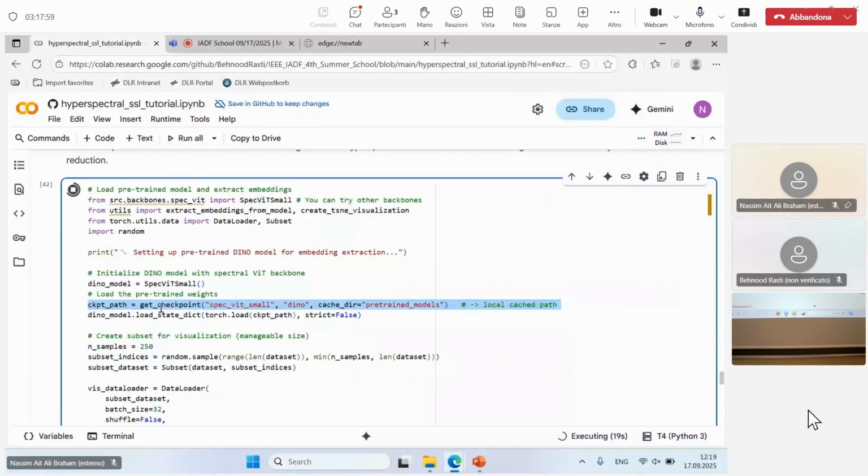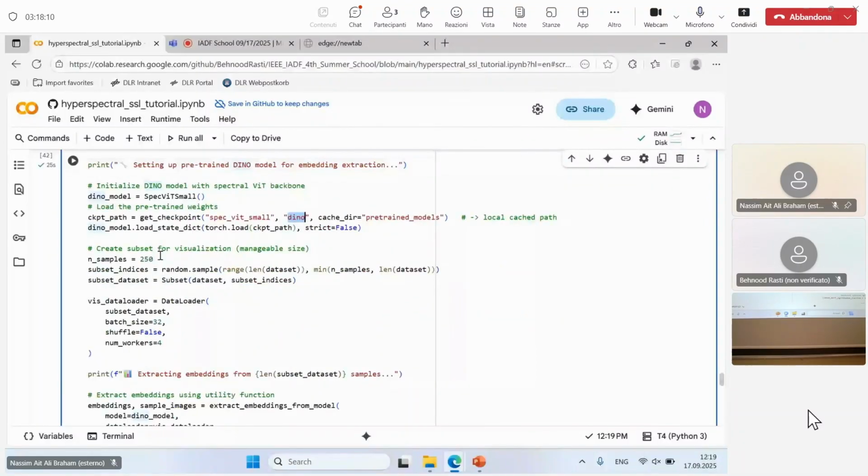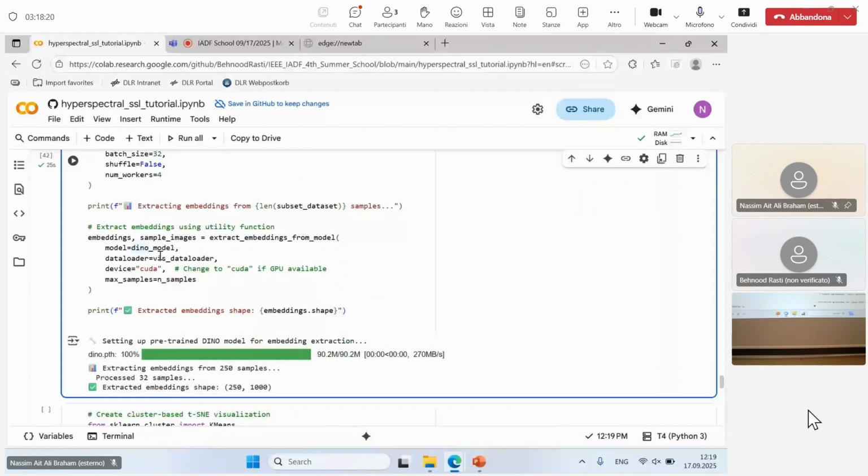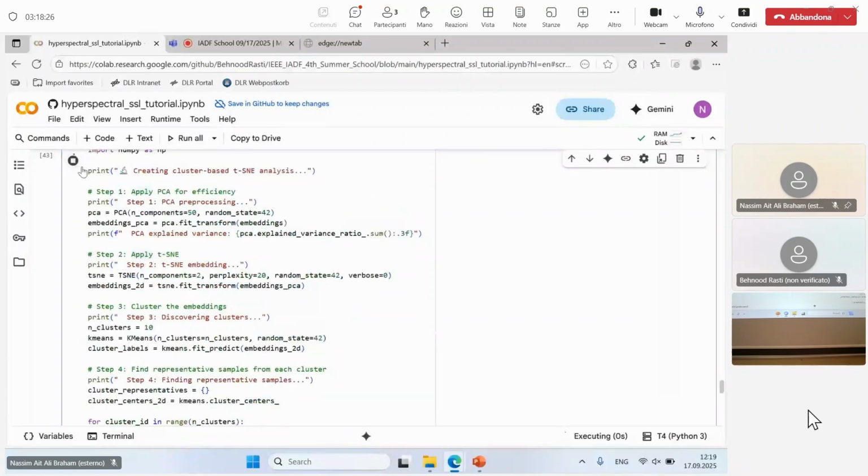It's just calculating the embeddings for all the images and then running TSNE, running PCA, and so on. We don't really care. And then in the end, you'll just visualize some of the clusters that were created by the pre-trained model, which will have maybe some degree of consistency, maybe not. It depends on the samples, the hyperparameters of the clustering, and the pre-trained model, if it was trained more for pixel level tasks or for